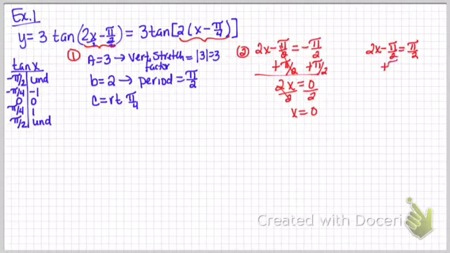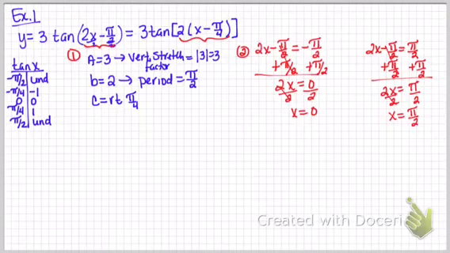Do the same thing here. Add pi over 2. So we get 2x equals pi. Divide by 2. And so x equals pi over 2. And so we can check these, because if we know that they're our beginning and our end point, they should also be a period away from each other. Is 0 and pi over 2 away from each other? It is. Alright, so for my new table then,